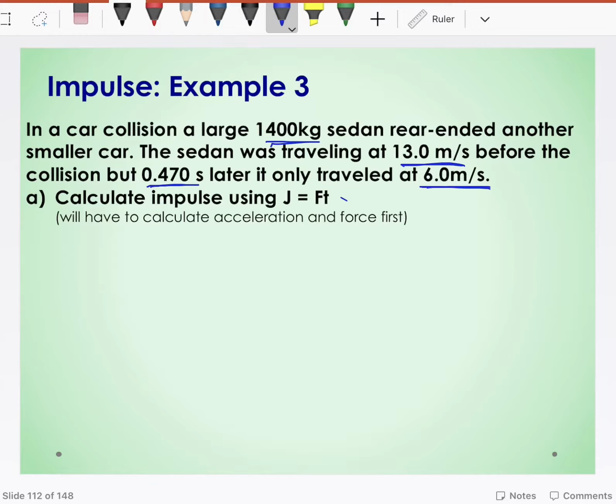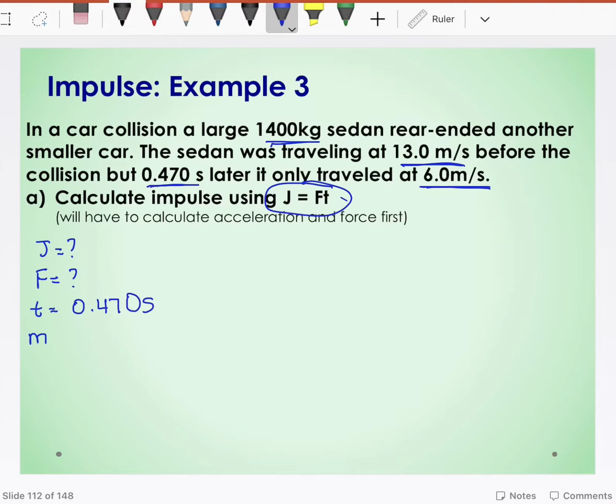All right, so there's more than one formula for impulse. If we're forced to use this formula, let's see what we have. Okay, we don't have impulse, so that's a bit of a problem. Do we know the force in this question? No, we actually don't. We have a time,